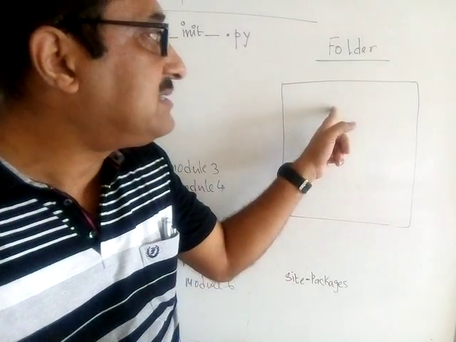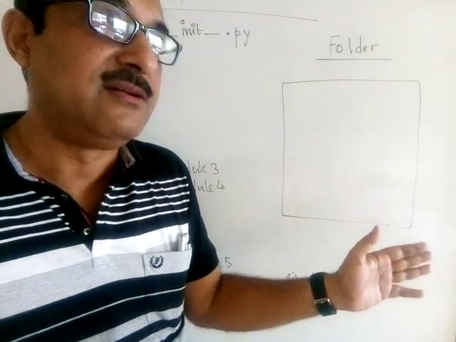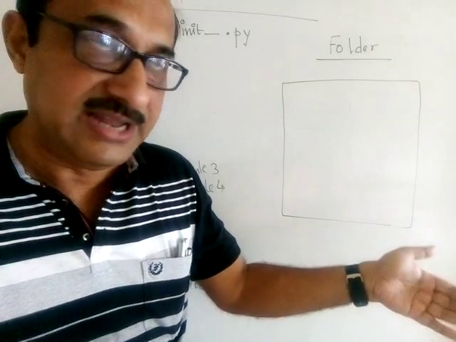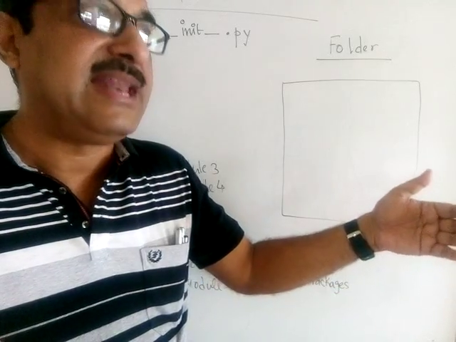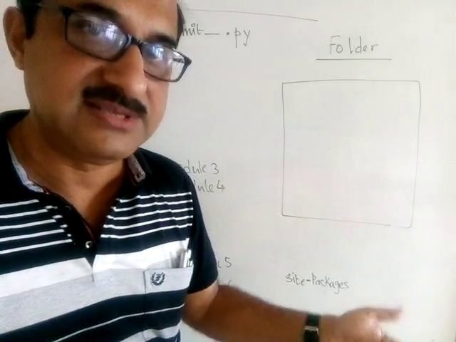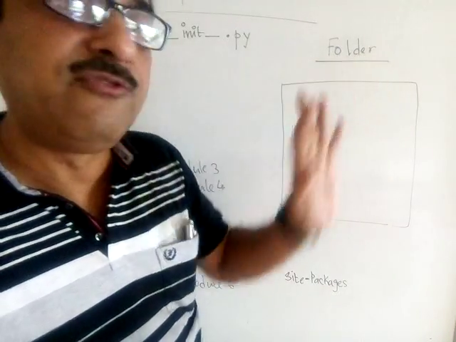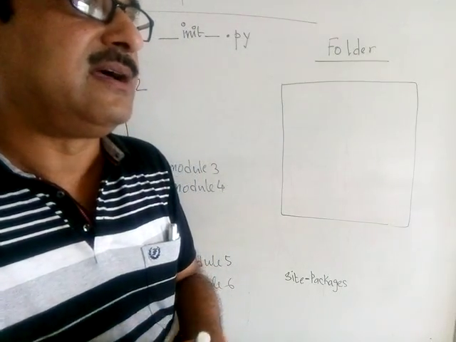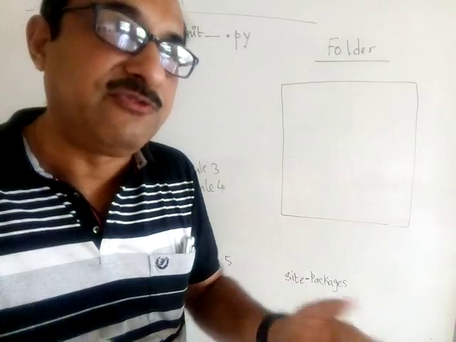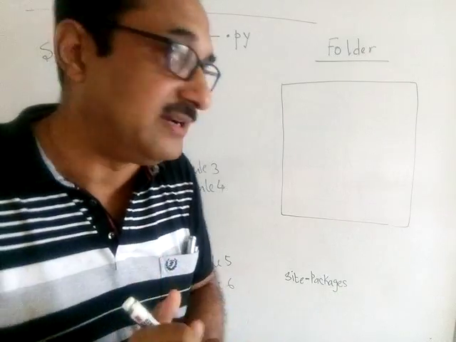First of all, your package is nothing but a simple folder. You just have to create a folder or a directory, which, from the MS-DOS environment, is called a directory. You know that. Just like folders can have subfolders, directories also can have subdirectories, that is, a folder within a folder. Same thing. So directory and folder are the same thing. So first of all, you have to make a folder. Say you decided that there are 5 modules which are to be part of a library or a package. You found them related and you thought that you should put them under the same package or library.